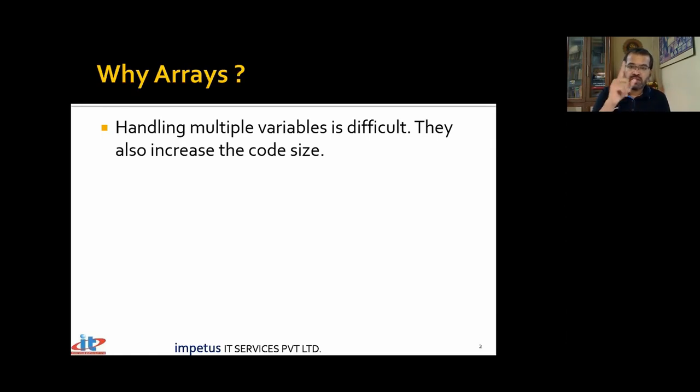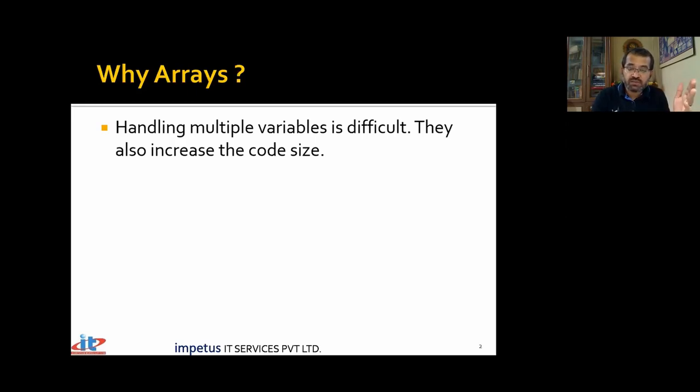Fine. There was only one variable. Now let's take a scenario. There are 10 variables and I tell you, accept the first variable's value, display it, accept the second variable's value, display it. Likewise, do it for 10 variables. It's a very common operation that I'm asking you to carry out: accept 10 variables and display their values. For that, you will end up writing 20 statements, because you accept the first variable's value and then display it, you accept the second variable's value and then display it.